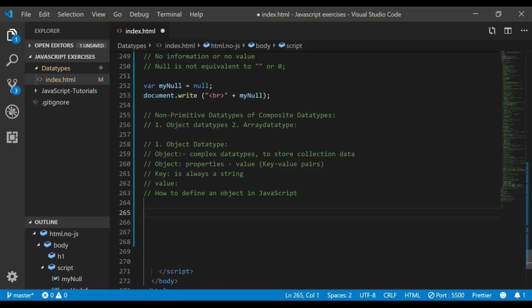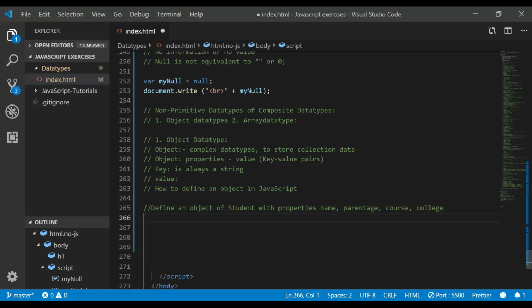For example, if I want to define an object of student with properties name, parentage, course, and college, so we can define it where